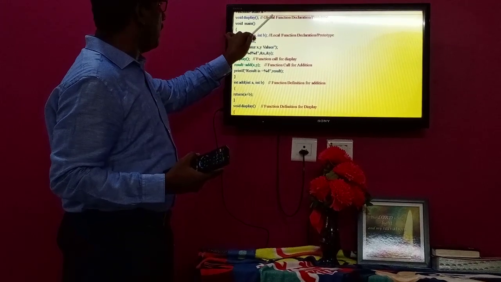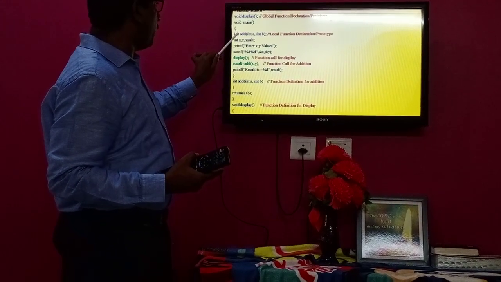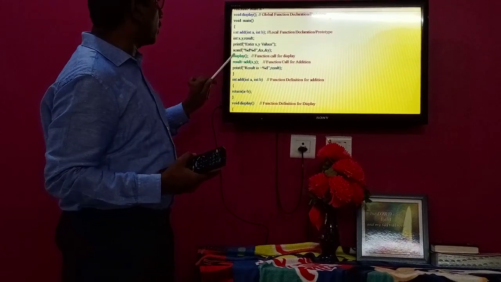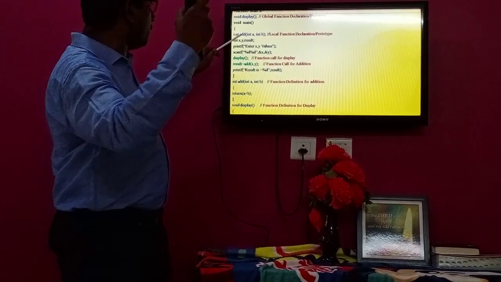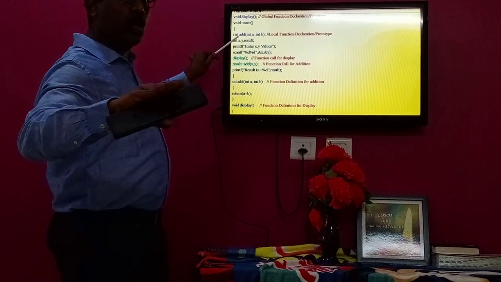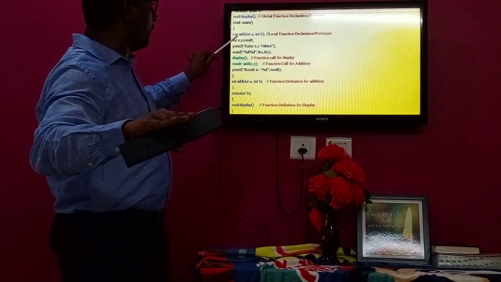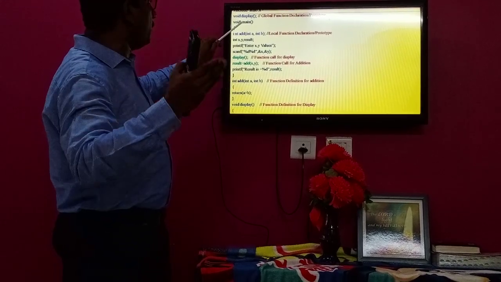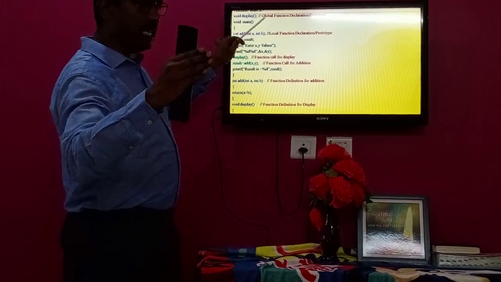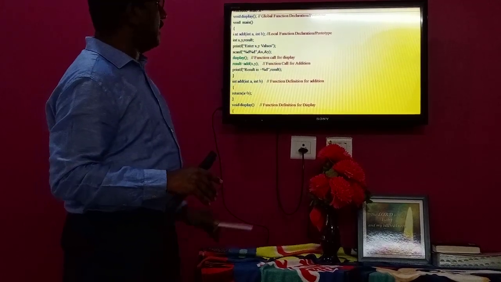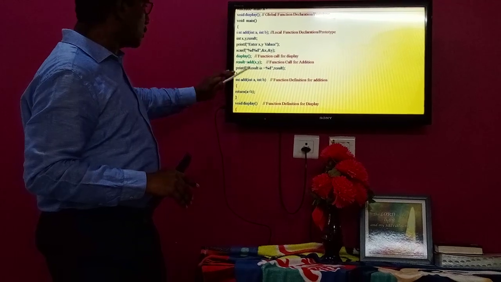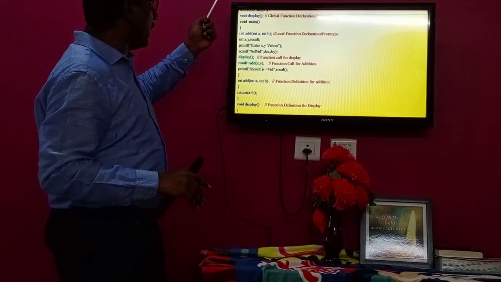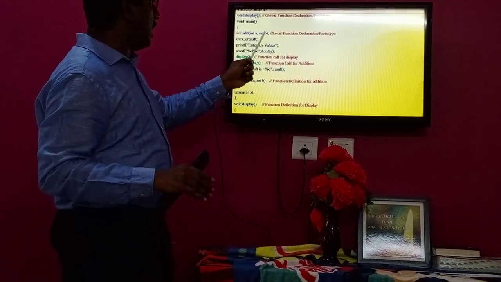This is a global function declaration or prototype. This is a local function declaration or prototype. So if any function is informed to the compiler within main, it is called a local function declaration or prototype. If any function is informed to the compiler before main, it is called a global function declaration, also called a global function prototype. So these two functions are informed to the compiler, one globally, another one locally.